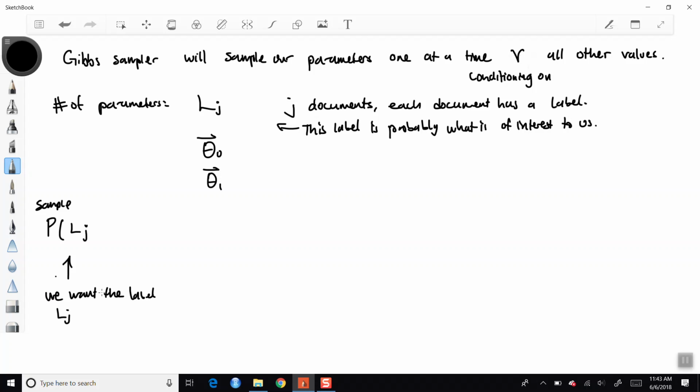Okay, we want the label LJ, which is sampled from a Bernoulli distribution, and this is given the vector, the vector of labels